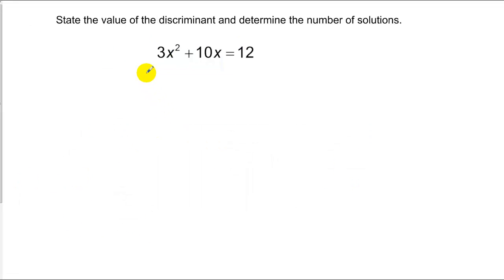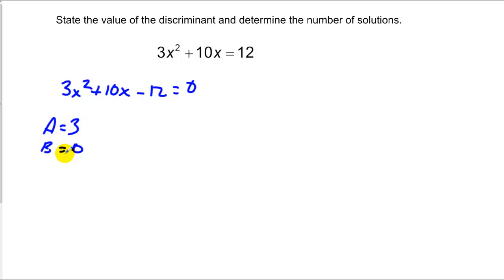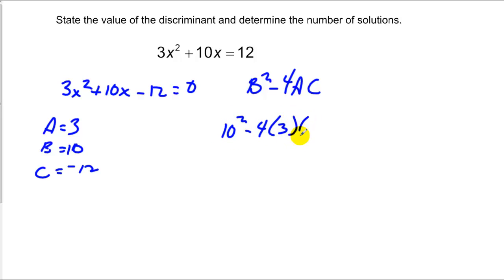So when we're asked to actually state the value of the discriminant and determine the number of solutions, we first of all have to get our quadratic in a form set equal to 0, and then identify our terms. A is equal to 3, B is equal to 10, and C is equal to negative 12. And then look at our discriminant of b squared minus 4ac. So in this case, that's 10 squared minus 4 times 3 times negative 12,